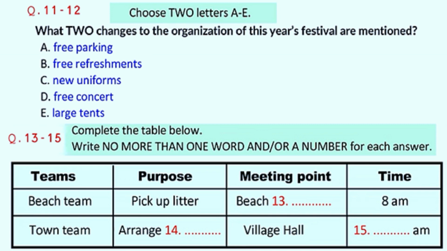Right now, we are going to divide into 4 teams. The first one, the beach team, will be responsible for cleaning up the beach on the Saturday morning, picking up litter, bottles, plastic bags, wood, and anything else that's lying around. Everyone is meeting at the beach shop at 8 a.m. It's an early start, but we want to give everywhere a good thorough clean. We have had permission from the council to close the beach to get it ready for the anniversary celebration on Sunday.